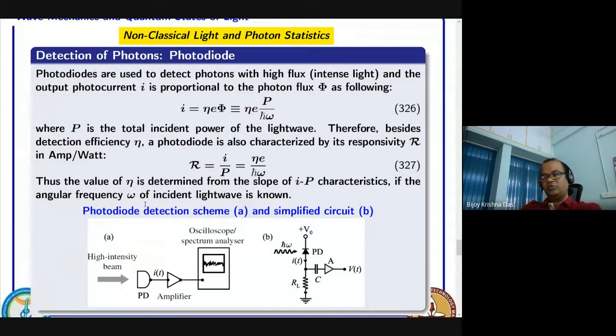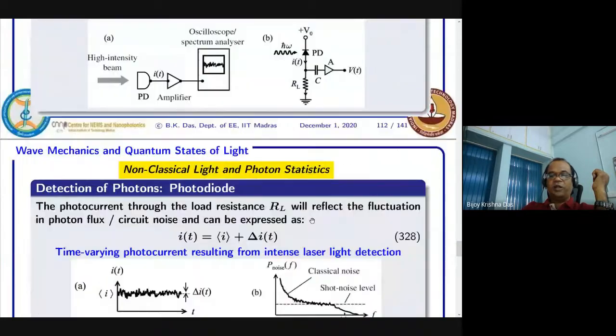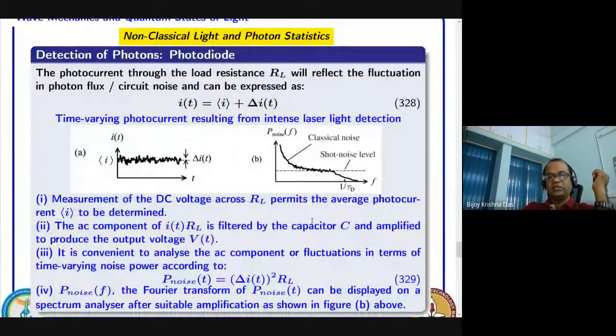So in that sense, we discussed that one more term we have added: if some photon stream comes as a flux, then the current is proportional to the photon number, where eta is the efficiency. You can consider it arbitrary, even larger is better, and we have shown that already. And then responsivity, we have defined that current part. And this is the typical arrangement of photodetection, and you get this, and then how the AC component and noise you can find, and then you get these results, right?